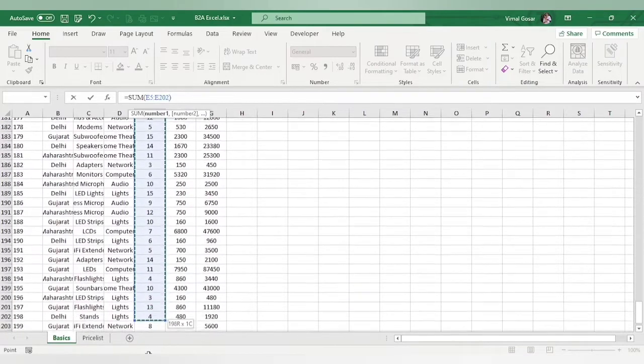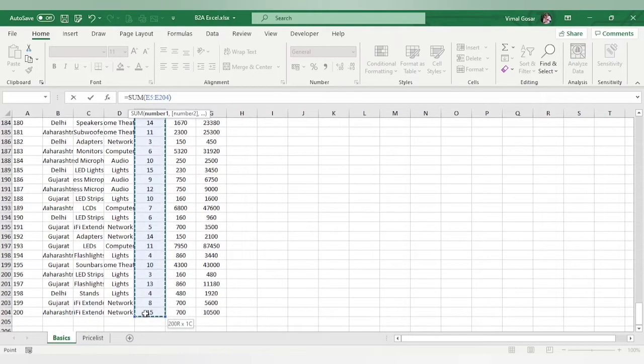I'll just click. I have kept my mouse clicked, dragged it down till the end, and now I will leave my click. The moment I do that, I have E5 to E204. This colon in between suggests that it is the record from E5 to E204. E204 is the last entry and E5 is the first entry, the total of which is 200 entries.